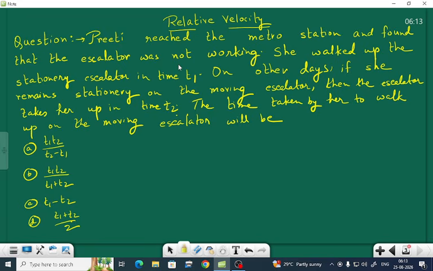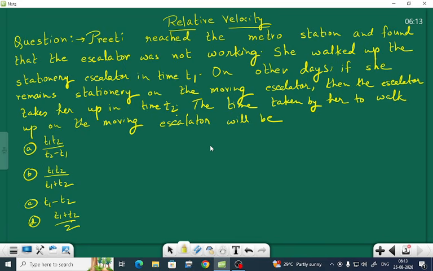आज हम करेंगे रिलेटिव वेलोसिटी का प्रॉब्लम। Preeti reached the metro station and found that the escalator was not working. She walked up the station escalator in time t1. On other days, if she remains stationary on the moving escalator, then the escalator takes her up in time t2. The time taken by her to walk up the moving escalator will be, ये हमें निकालना है।